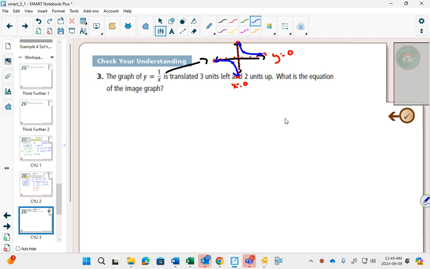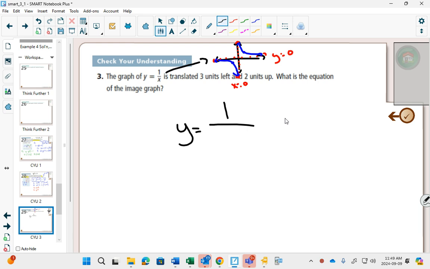Now, this graph is going to get moved 3 to the left and 2 units up. That would shift your asymptotes over and up. It would shift that graph over and up. You can have a vision of what that is. We need to come up with its equation. And its equation will be